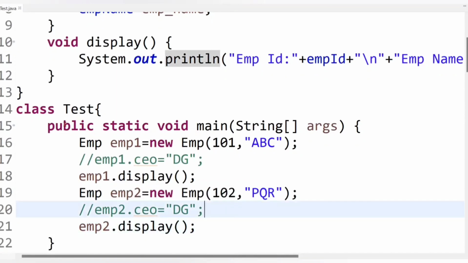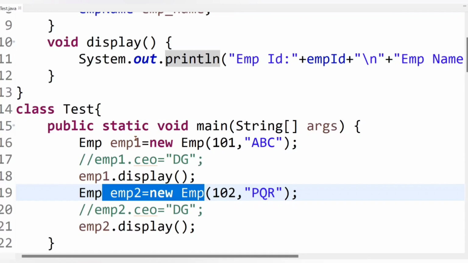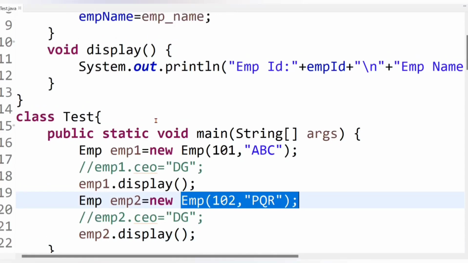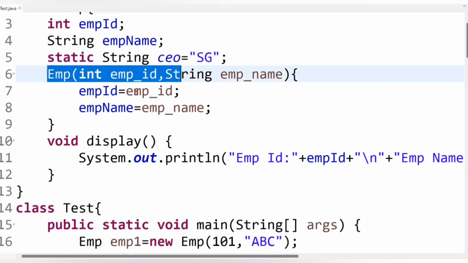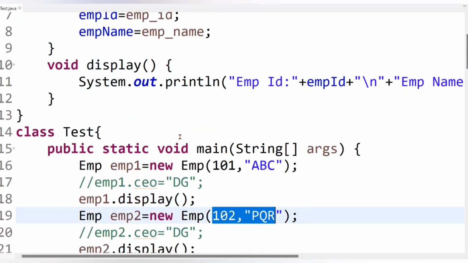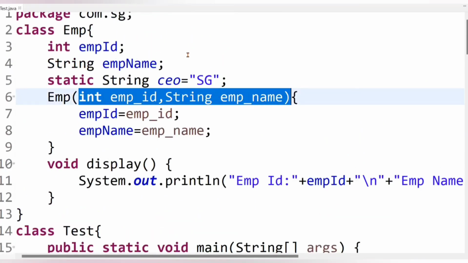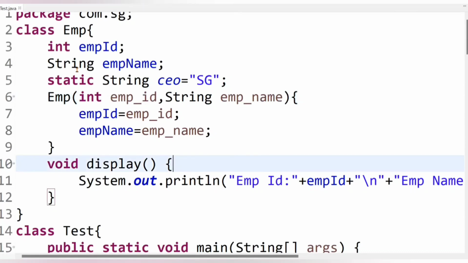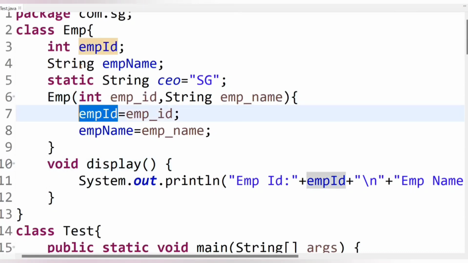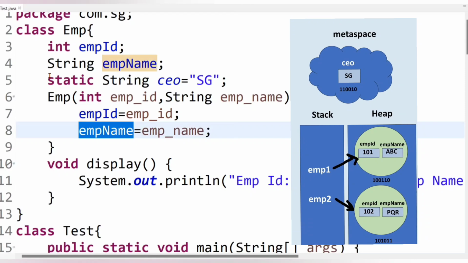That is, the employee 2 object will be created with its instance variables, and the JVM allocates memory for the instance variables employee ID and employee name on the heap area. Then this constructor gets called, and these values 102 and PQR will be set to these local variables employee ID and employee name, and then we'll assign them to this instance variable employee ID and employee name accordingly, and we'll store them in its reserved